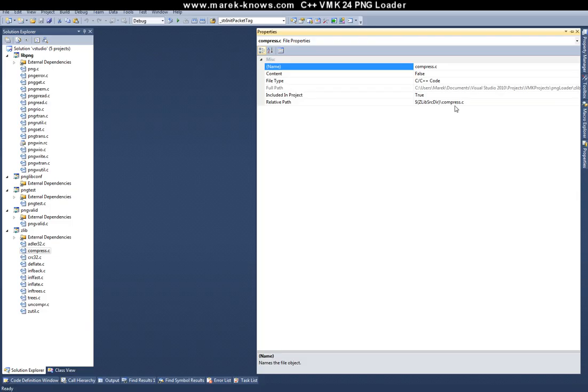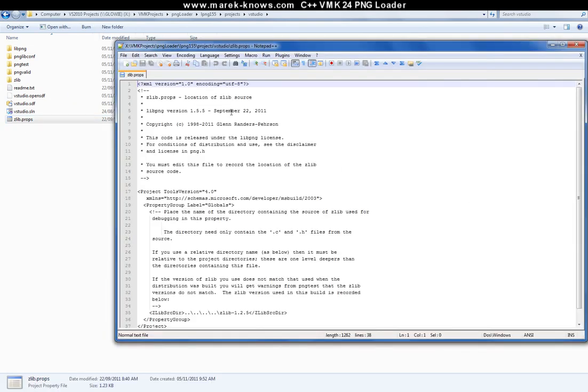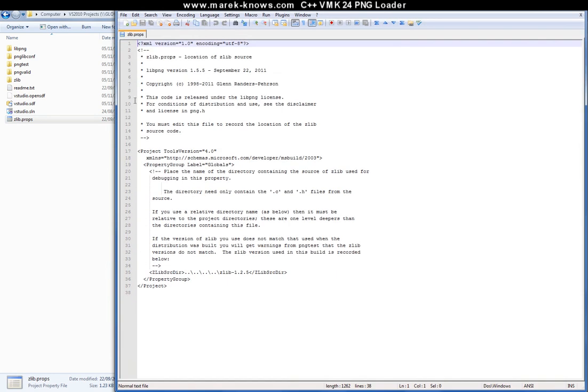To find what path that variable is set to, we can go back here into our source files, and you'll notice that there is a zlib.props file. If we open this up, we can see that inside of here it gives some parameter definitions, and the very last one is that zlib source directory. So this is the directory path relative to the solution of where the zlib library will sit. So it's located under